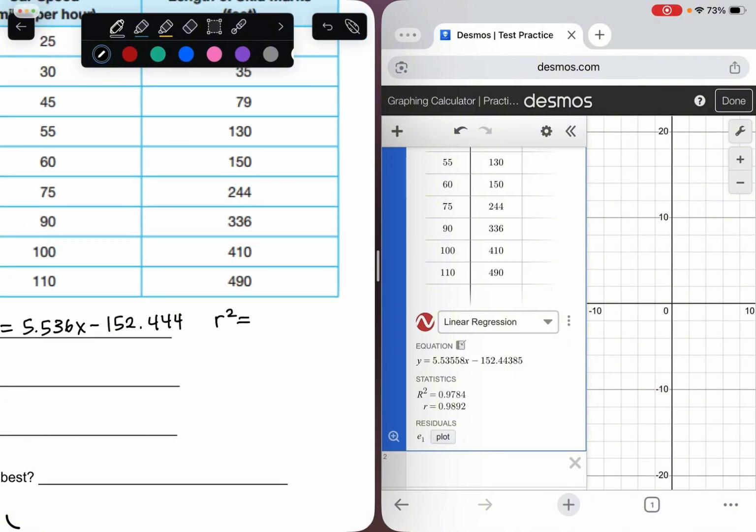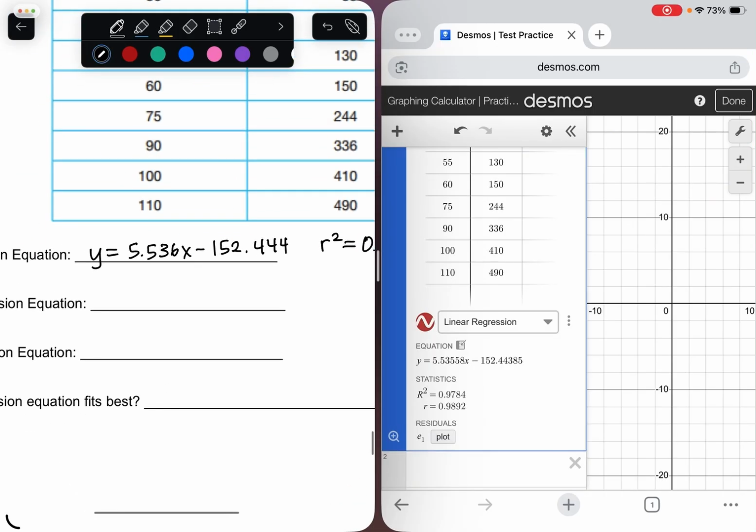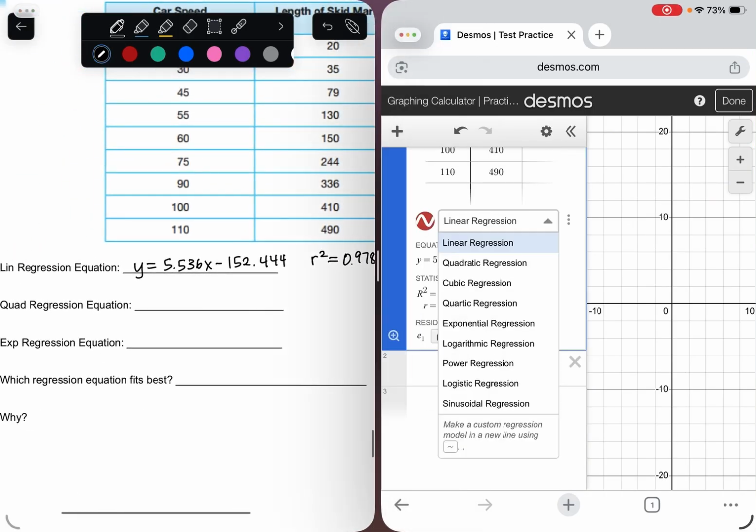Okay, and then look at the r squared value because that's the only value quadratic has, so we're just going to keep looking at the r squared value. And so that is 0.9, we'll keep 2 decimal places for that because we're going to see how close. Actually, let's keep 3 just so we can see which one's the best. So we have 0.97. I'll go ahead and keep all 4. Okay, and then switching to quadratic,